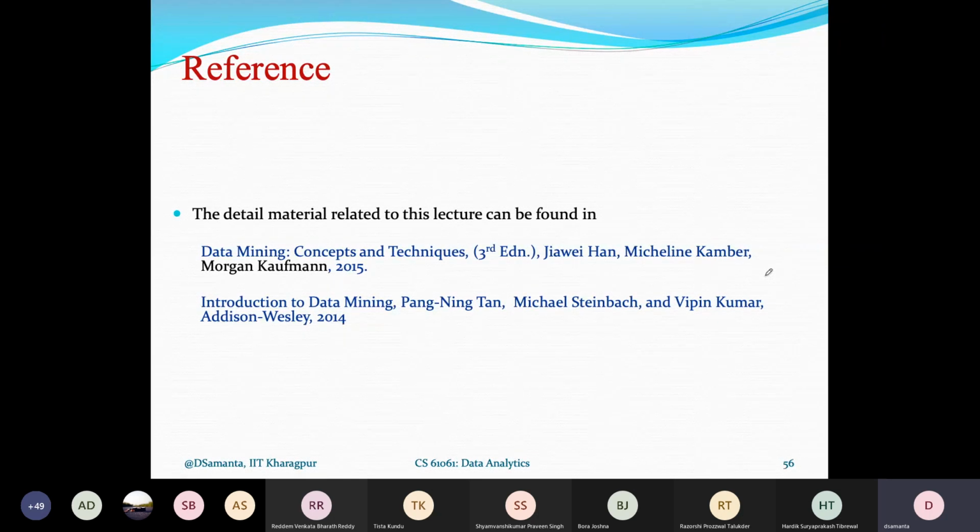And if you want to understand much more about Bayesian classification from any book, there are two books. The second book is very good. That is Introduction to Data Mining by Tan, Steinbach, Kumar from Addison Wesley, where there are many good discussions on many classification techniques. There is also another good book in the field of data mining, from Jiawei Han and Kamber, right? So that is also a very good book to learn, particularly machine learning algorithms. Whatever machine learning algorithms I'm discussing are mainly from these two books only.